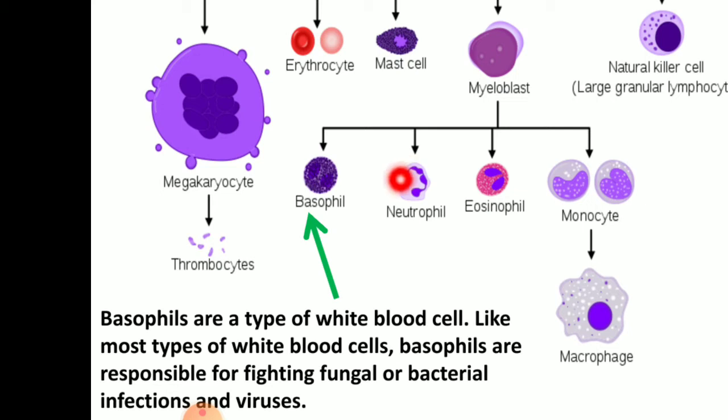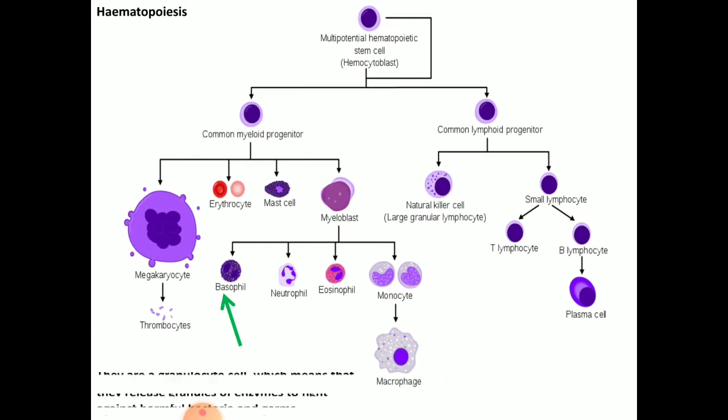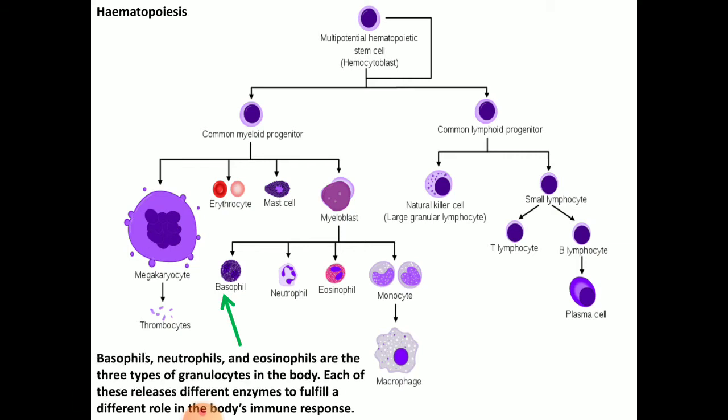What are basophils? You can see basophils are a type of white blood cells. Like most types of white blood cells, basophils are responsible for fighting fungal and bacterial infections, and even viruses. They are granulocytic cells, which means they release granules of enzymes to fight against harmful bacteria and germs. Basophils, neutrophils, and the eosinophils are the three types of granulocytes in the body, each of which release different kinds of enzymes to fulfill different roles in the body's